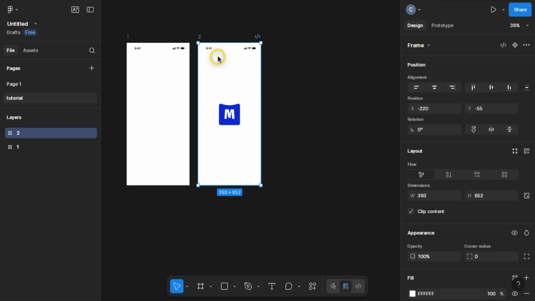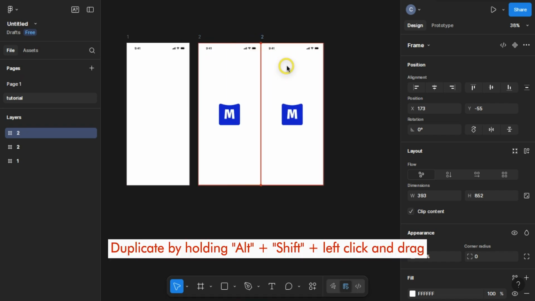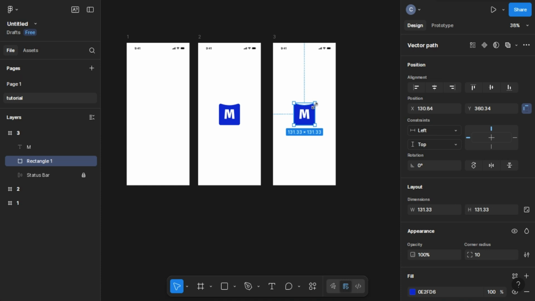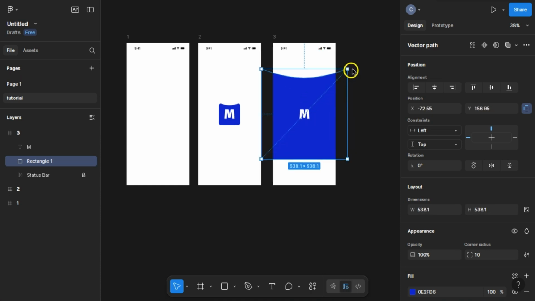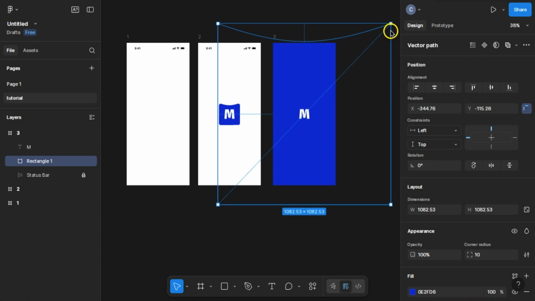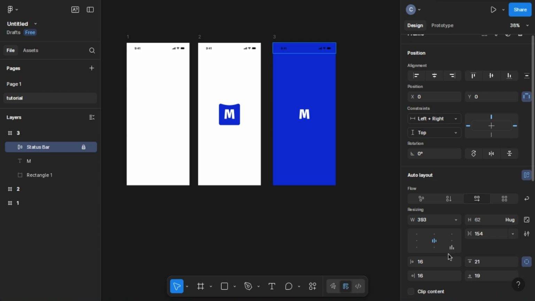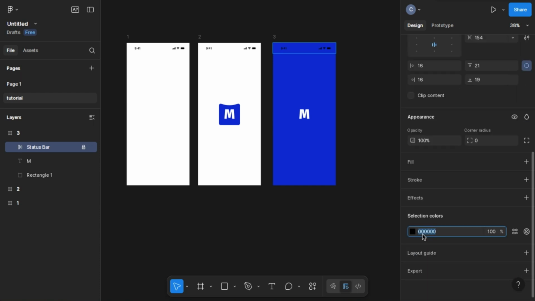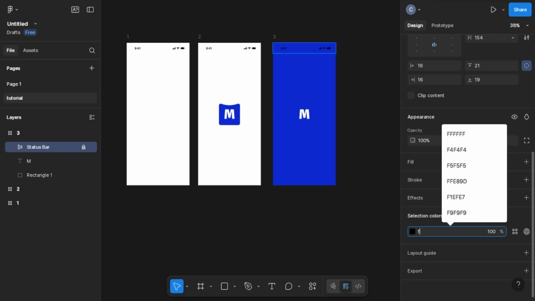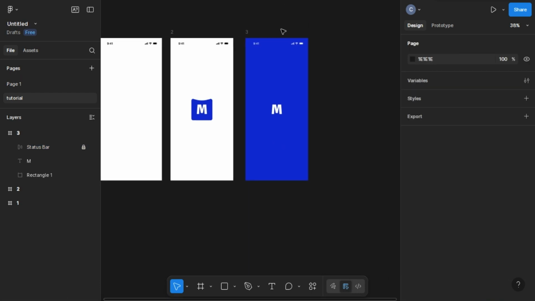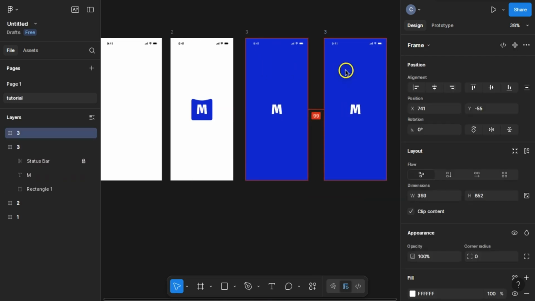So I'm going to duplicate this other frame, hold Alt on my keyboard, left click and drag while holding the Shift key. And for the rectangle, I'm going to increase the size, okay, to something like this. Yeah, and then this status bar, I'll bring it up and I will change the color to something that is close to white. Let's say F5. Okay, so we have this, and I'm going to duplicate this frame again,